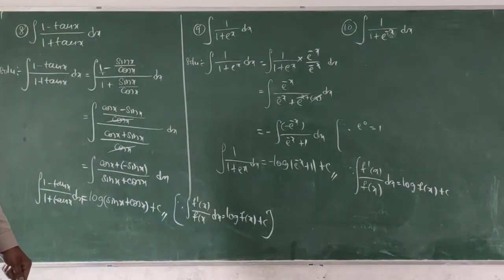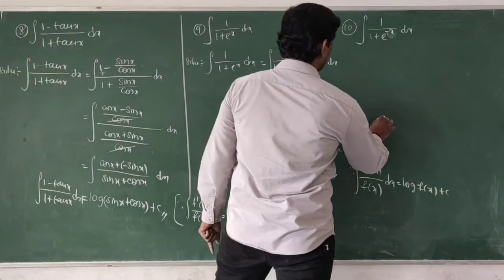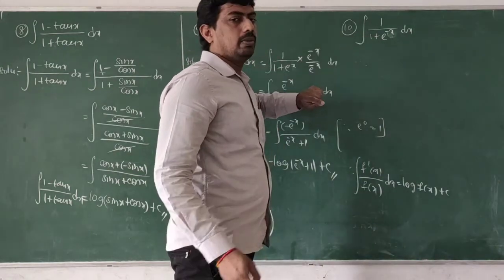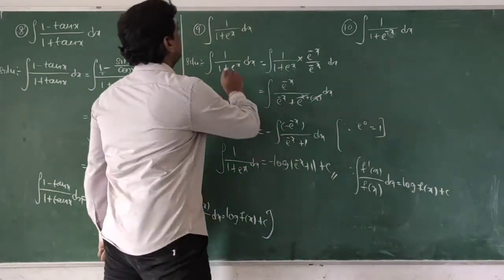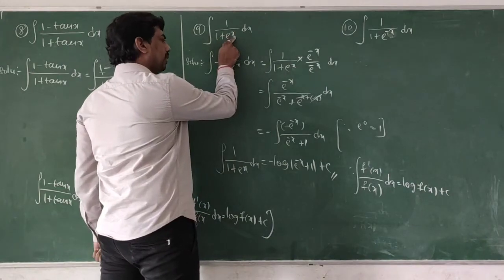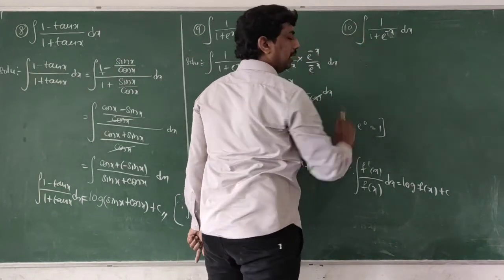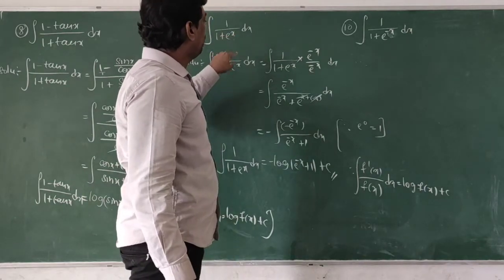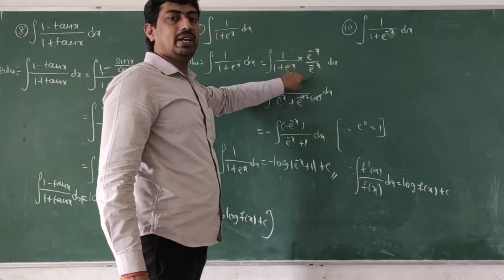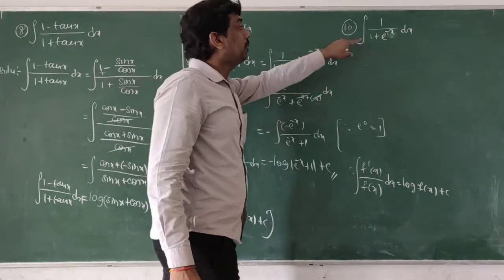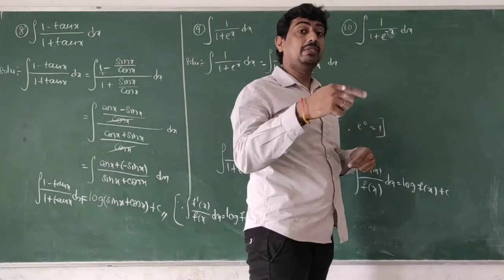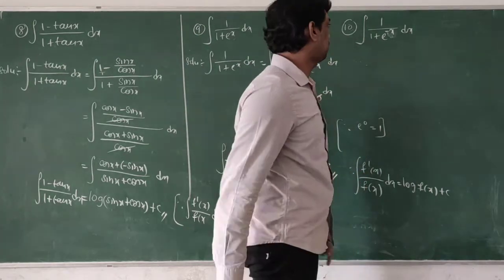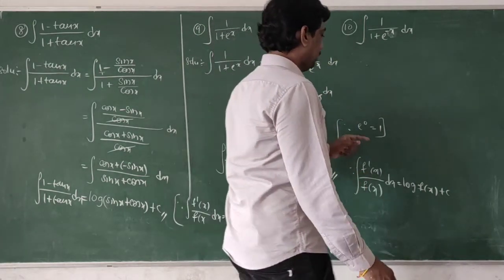Understood clearly? Alright, and continuation. Same model, we have another problem. Just a little bit difference is that here we have only e power x, but here e power minus x. If e power x is there, then in order to solve this one, multiply and divide with e power minus x. If e power minus x is there, then multiply and divide with which value? Yes, multiply and divide with e power x. This one completed, huh?